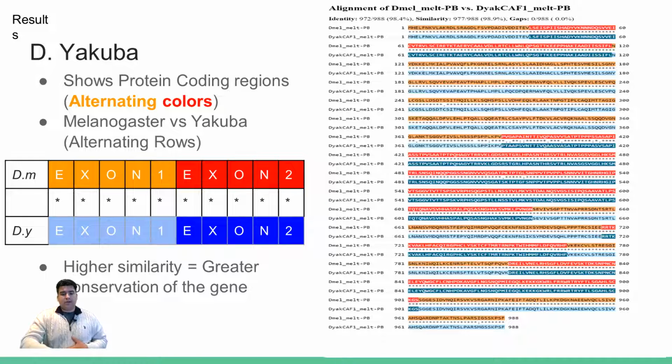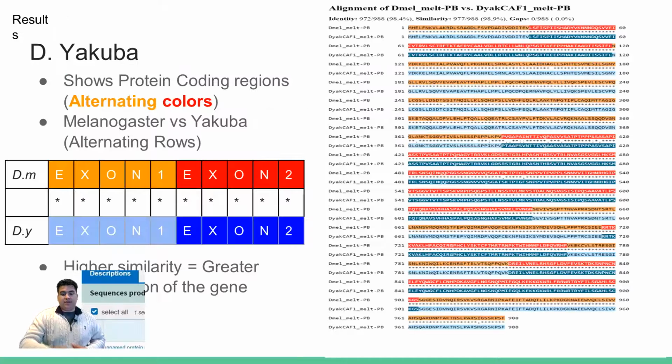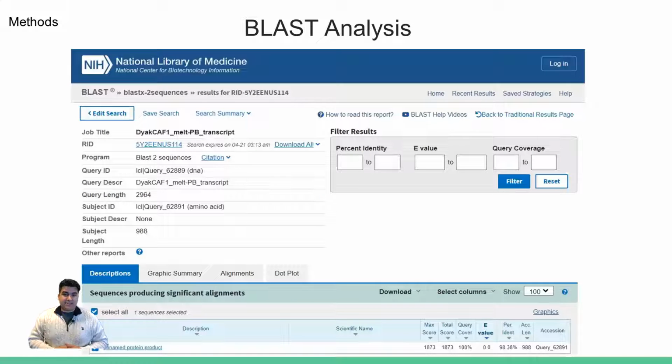And so that other tab I mentioned with the transcript sequence here, that has the sequence of the protein alignment, but in a format that I can use in BLAST software. So I would basically copy that and then go to the BLAST analysis, right? I would put that sequence into my query box, and then I would put melanogaster sequence in the subject box and then compare them and then get my